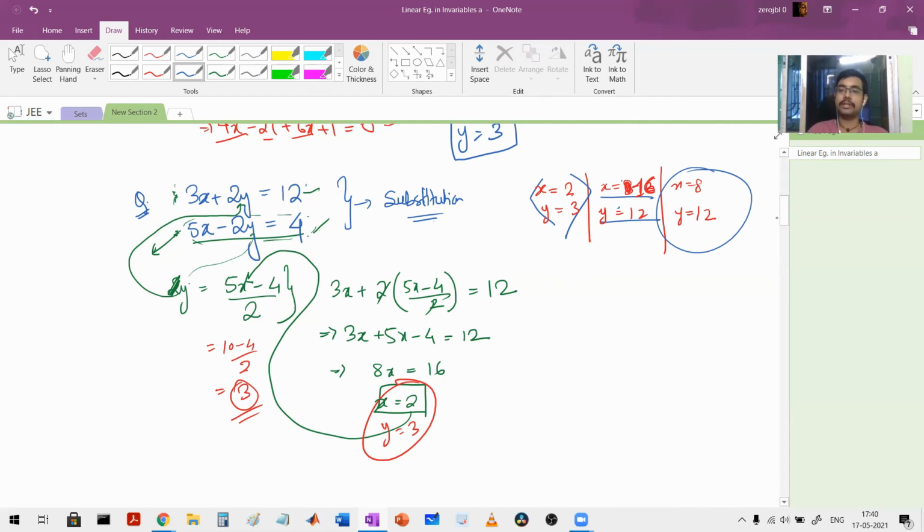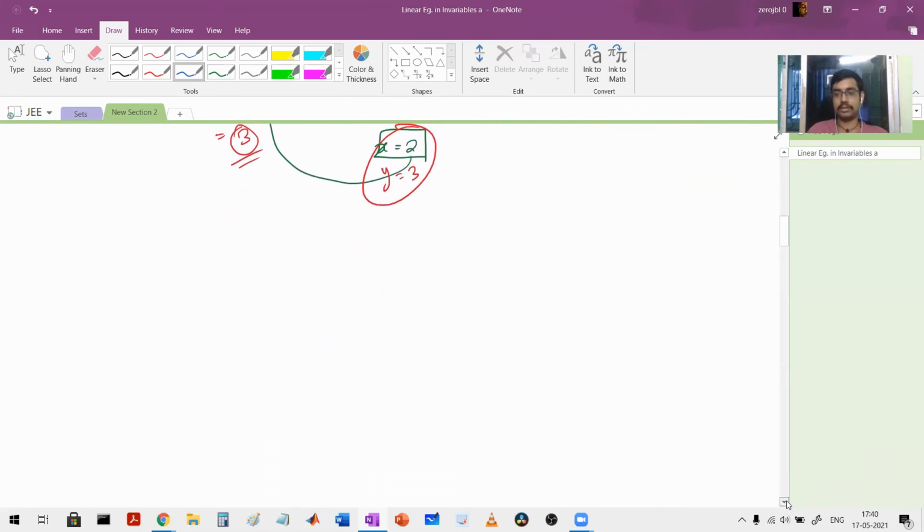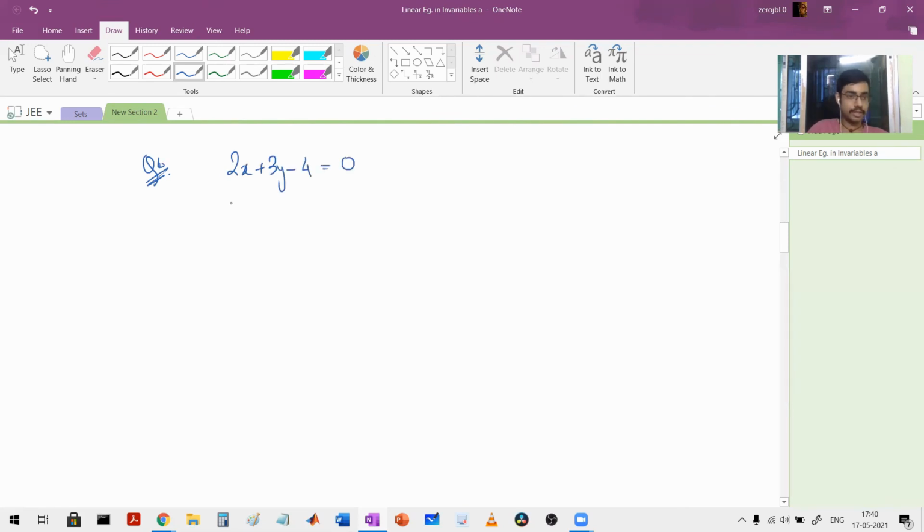Okay, because you made some mistakes, I want you to solve one more problem here on this substitution. Suppose one more question you solve. 2x, this is very easy actually. Minus 4 is equal to 0 and 3x minus y plus 5 is equal to 0. Very easy. In the same way, find out the answer in 2 minutes.